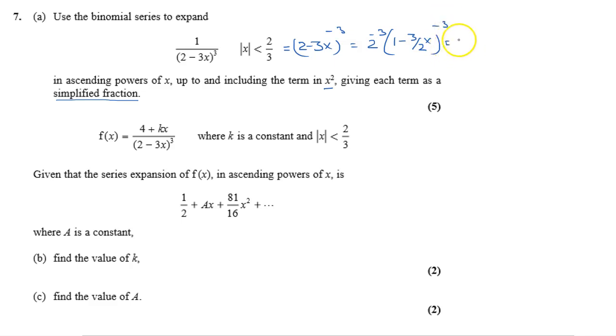So this is 2 to the power minus 3 is 8, and if I expand this one, it is 1 plus minus 3 minus 3 over 2x to the power 1 plus minus 3 minus 3 minus 1 minus 3 over 2 x to the power 2, and this will be